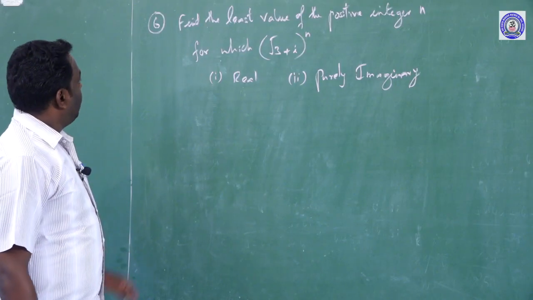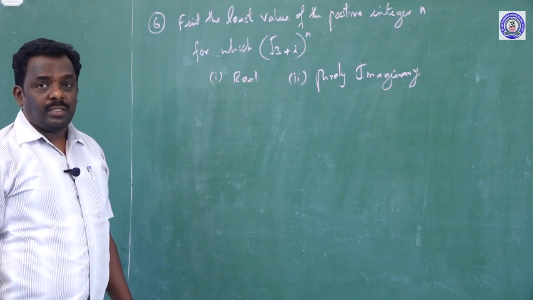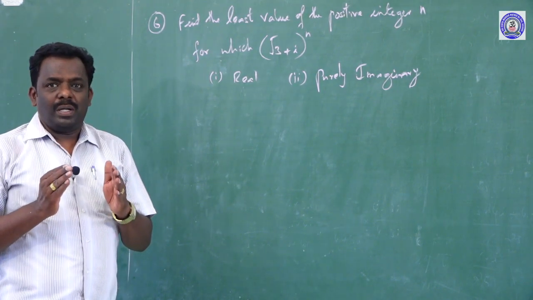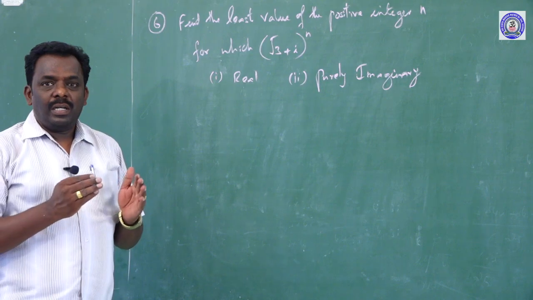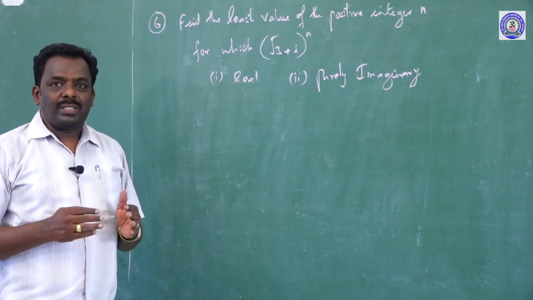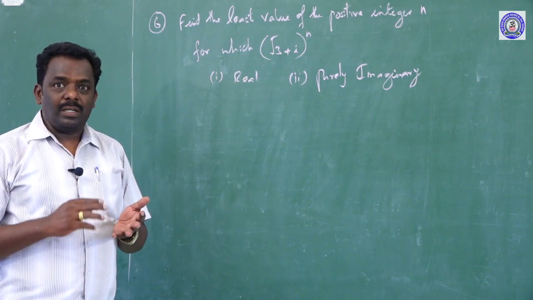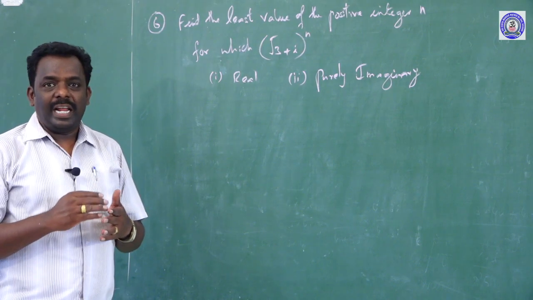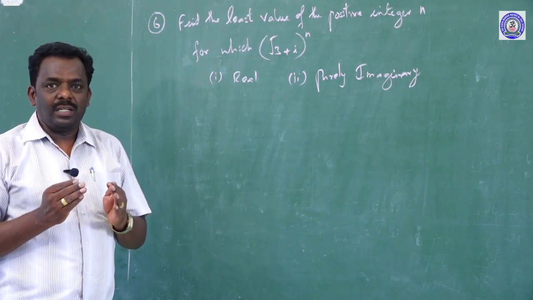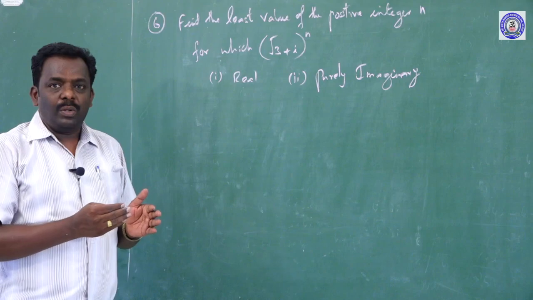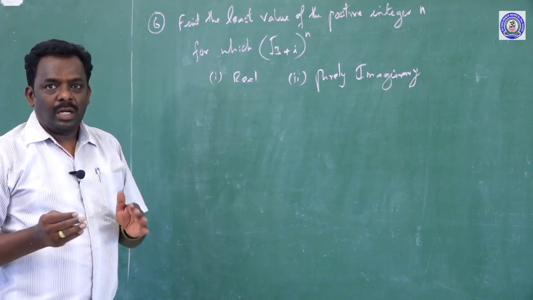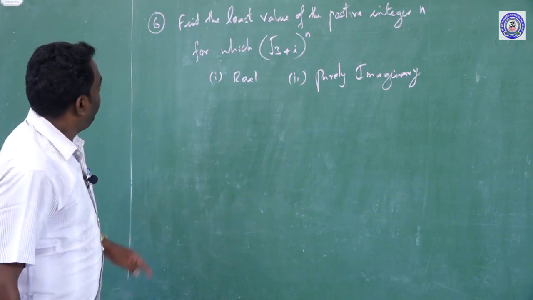Okay, come to the next. Question number 6. The fifth one is one of the properties of the conjugate of a complex number. The properties number 5, 6, 7, 8 are regarding answers. We already discussed the fifth question in the previous video. Now we move to the next question, the sixth one.